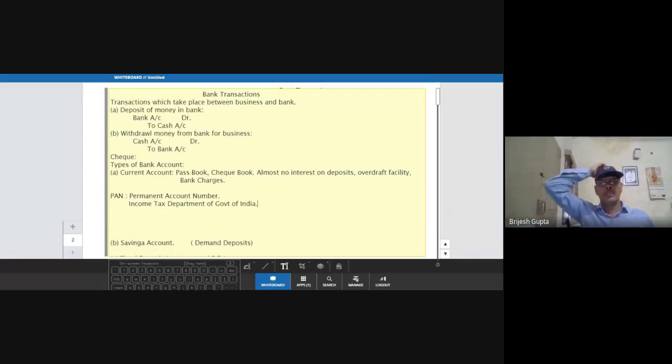As you have your scholar number in the school, which is your identity: if we want to search information about any student, I may not know your name or anything about you, but if I know your scholar number, I can search all the information on the basis of it. Your admission year and your results in different years can all be known from your scholar number. Similarly, the income tax department issues a card and a number, the permanent account number, provided to all income taxpayers.